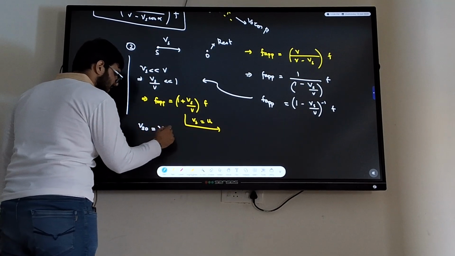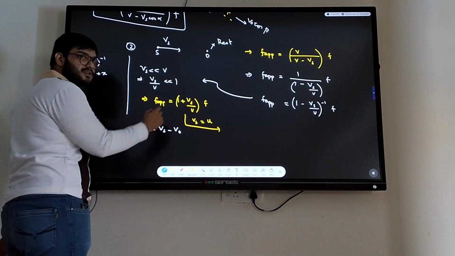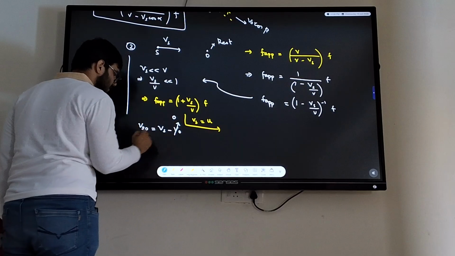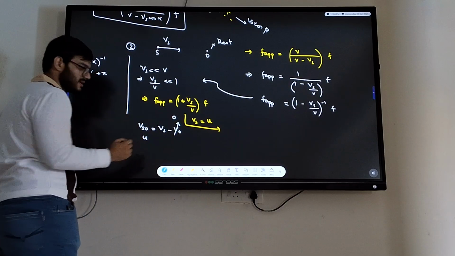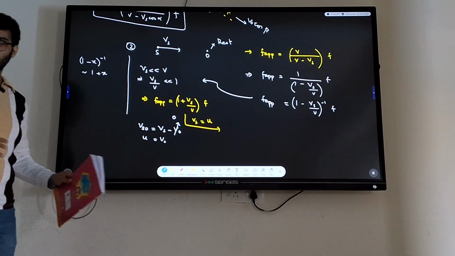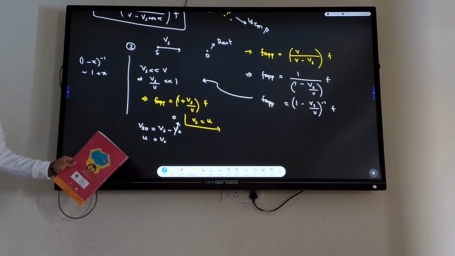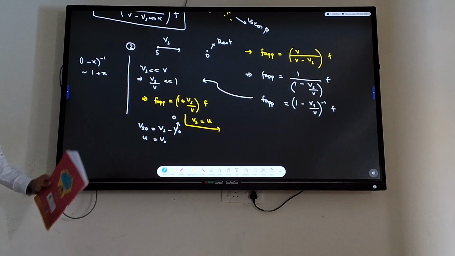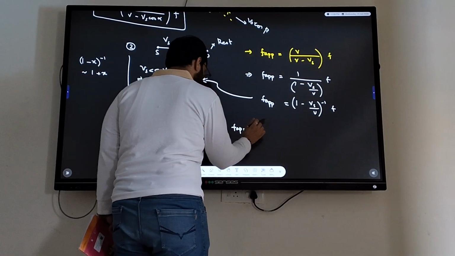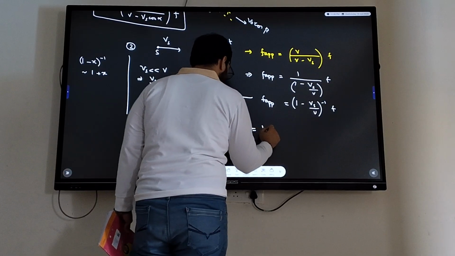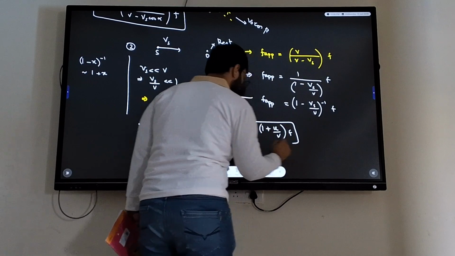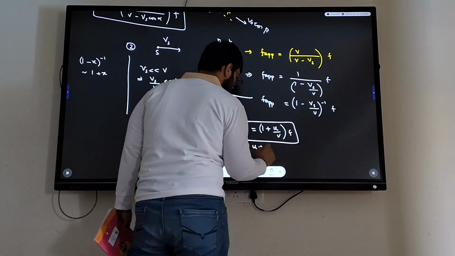Vso is equal to Vs minus Vo, na? But what is Vo in this case? 0, it's at rest. So that means Vso, which I will call the relative speed, is actually equal to Vs, na? Yes or no? Basically I'm talking about speeds, so even if there is a negative sign somewhere, just leave it. So what will you get then? F apparent is equal to 1 plus u by v into f. This is the formula that I find, where my u is the relative speed